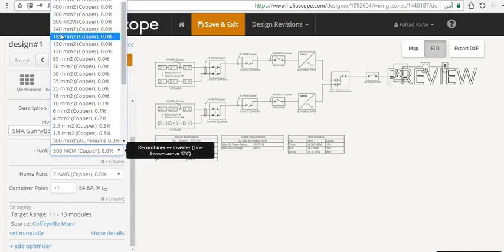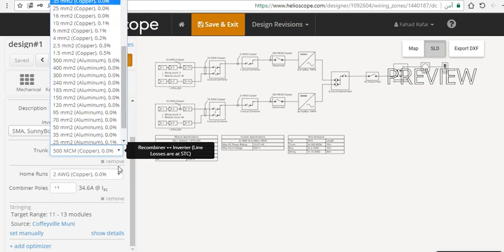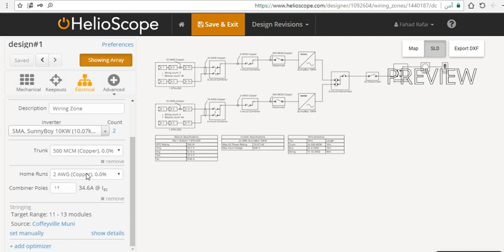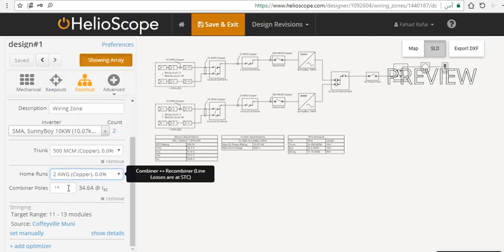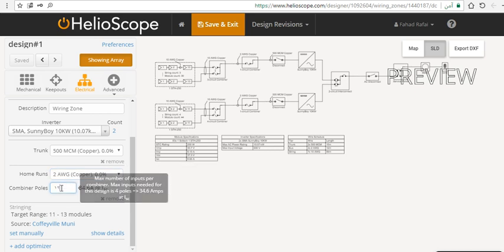It says it's 500 MCM copper, or you can change it from any of these shown here. The home runs cable and the number of poles, combiner poles, and the target